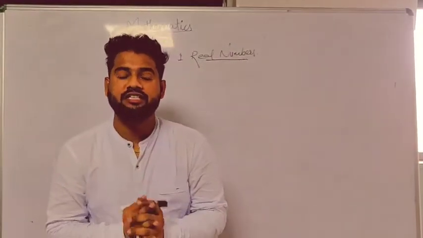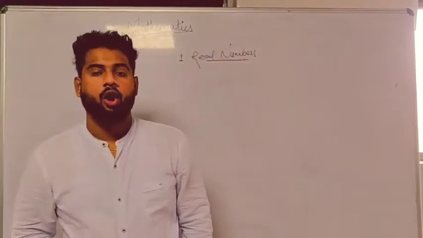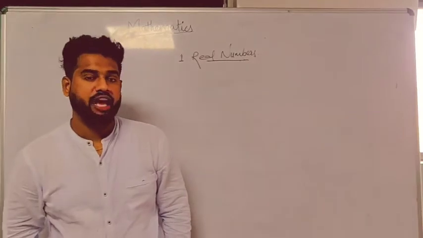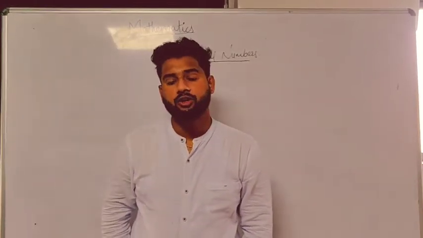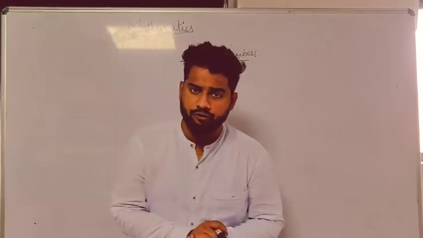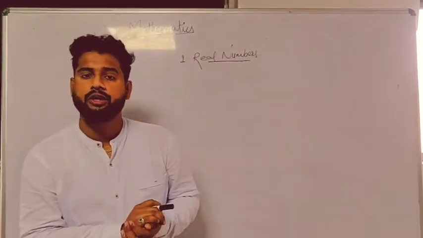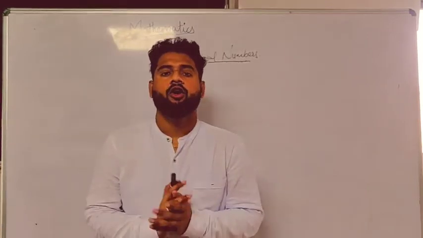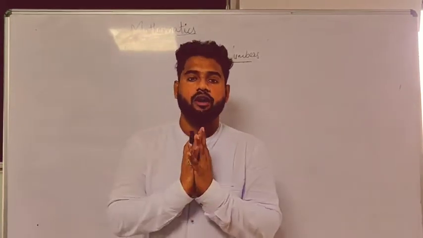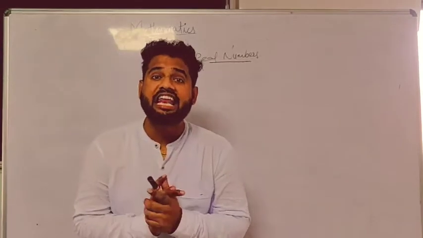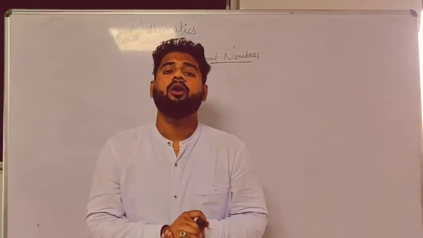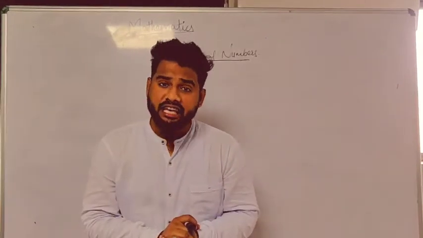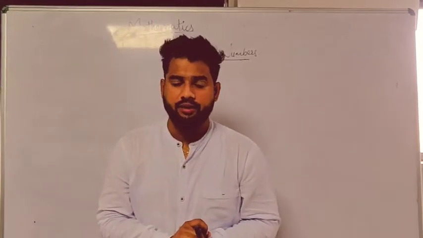Now as you all know, we are studying chapter number 1, that is Real Numbers. Three video lectures of this chapter have already been uploaded. This is the 4th video lecture. We have covered exercise 1.1 and exercise 1.2 in detail in the previous 3 videos. Now in this 4th video, we are going to prove irrationality, how a particular number can be proved as an irrational number, that we are going to learn, right?